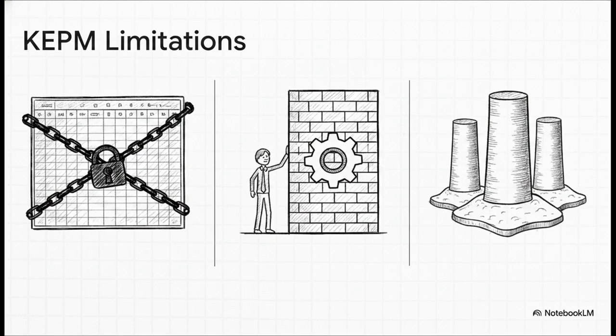And the real bottleneck here? The massive IT dependency. If you wanted to create a new distribution key or change a planning dimension, you couldn't just do it on the fly. It required custom ABAP development. Your planning was completely siloed, totally isolated from your vital HR or supply chain systems. Business agility was practically zero.